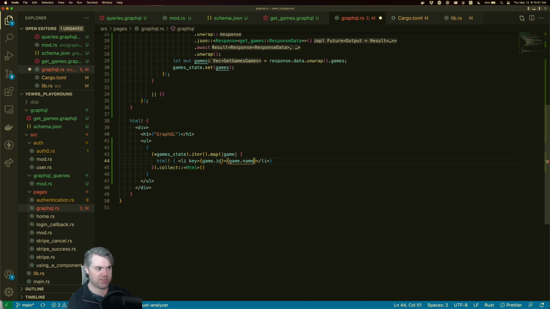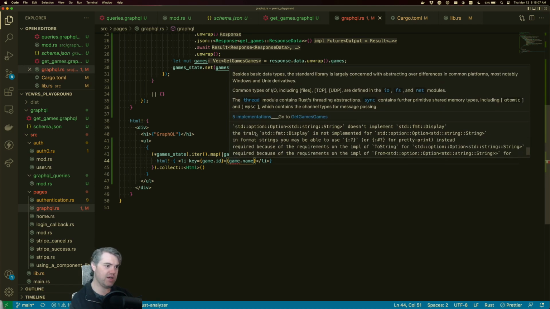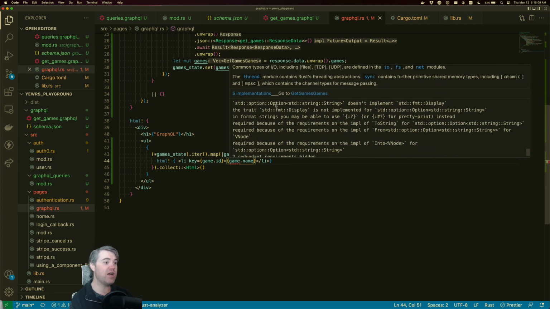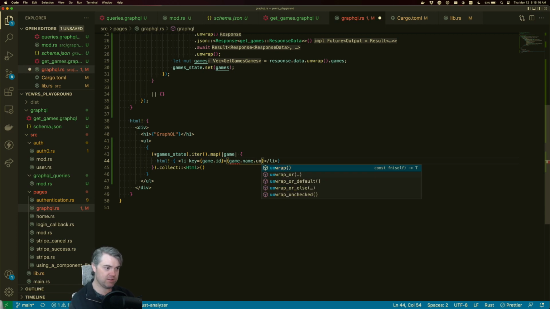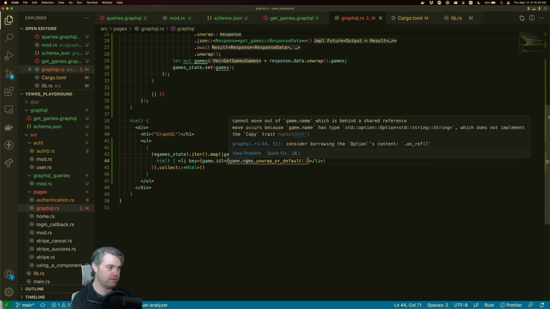And I think even if it's an option, I think that's okay. Maybe. Are you taking ownership? Oh, it's an option string, doesn't implement display. We can do an unwrap or default. Cannot move out. I don't want to, so I want game dot